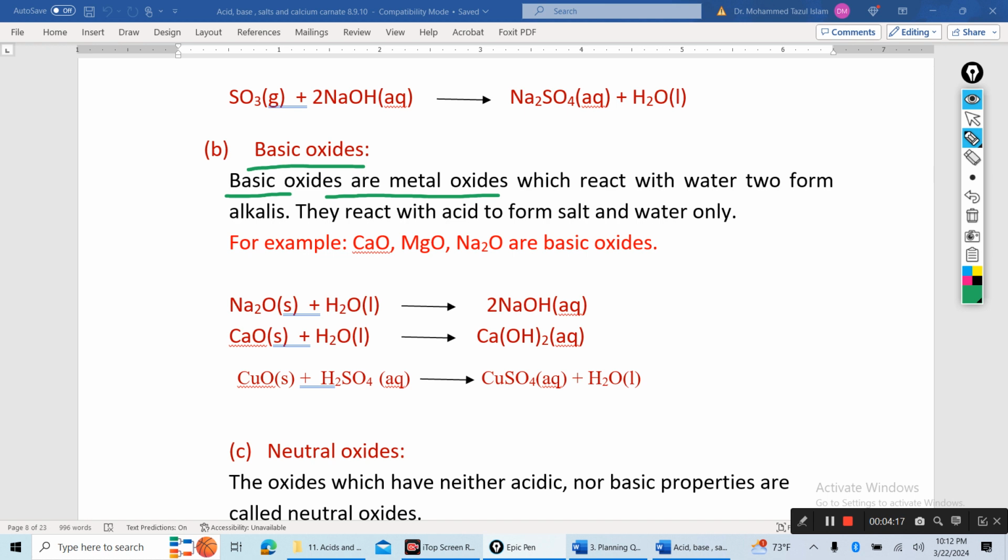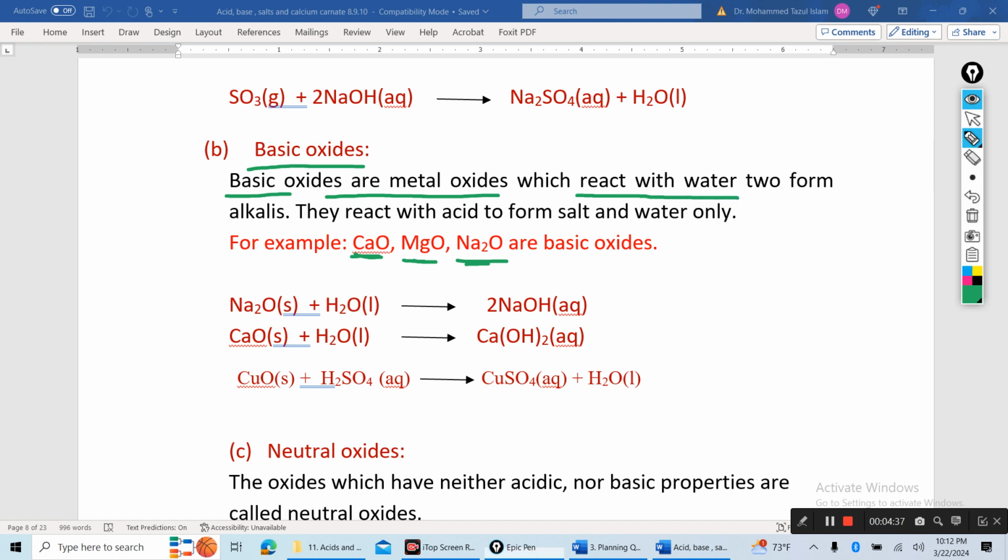Generally group 1, 2 and 3 in the periodic table are metals. First point, basic oxides are metal oxide. Say calcium oxide, metal oxide, calcium is a metal, magnesium is a metal, sodium is a metal. So basic oxides are metal oxide, and